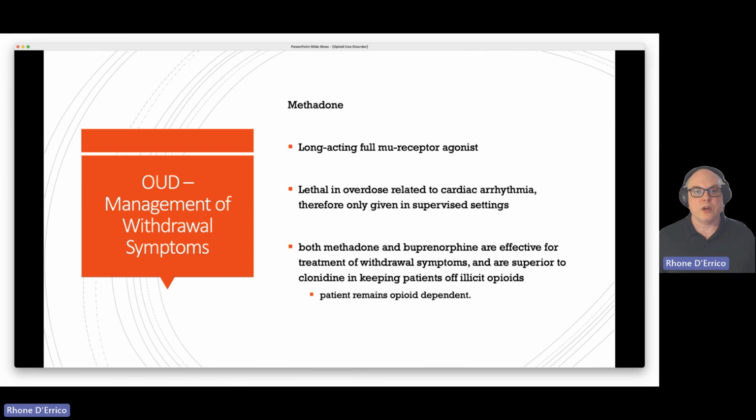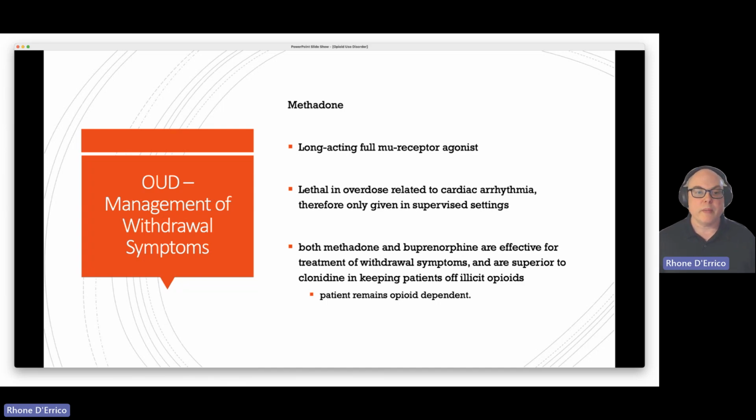So let's talk about those withdrawal symptoms with some actual medications, okay? The first and the oldest is methadone. Now, methadone is a full mu receptor agonist, just like heroin, just like morphine. It's a full agonist. It's long acting. It has a very long half-life. And what that means is it occupies those sites longer, and any sort of euphoric or negative effects are much gentler. It's not that big spike.